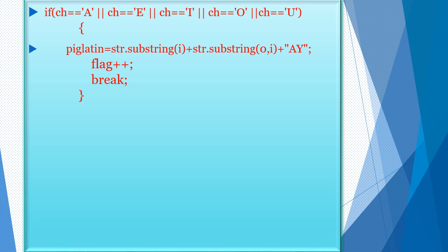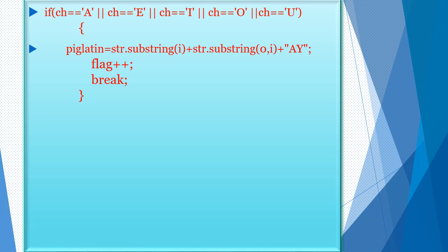So this form of substring function extracts all the alphabets from the given string starting from the specified index to the end of the string. So all the alphabets starting from the index position of the first vowel to the end of the string will be extracted,